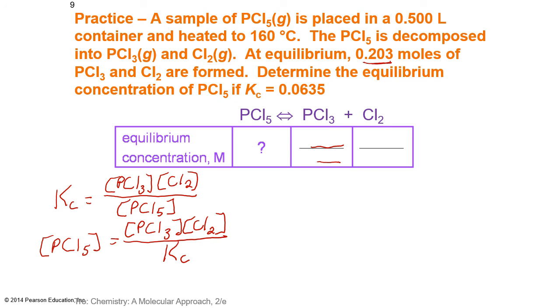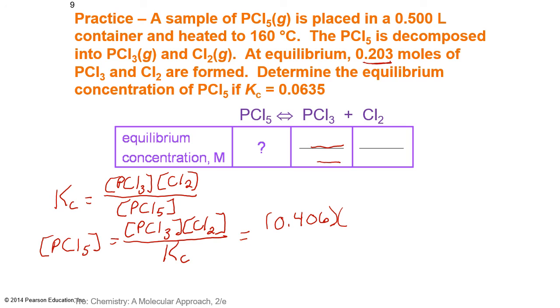So now if we want to find our PCl5, we can substitute in our values. So if we take 0.203 divided by 0.5, we end up with a concentration of 0.406 molar